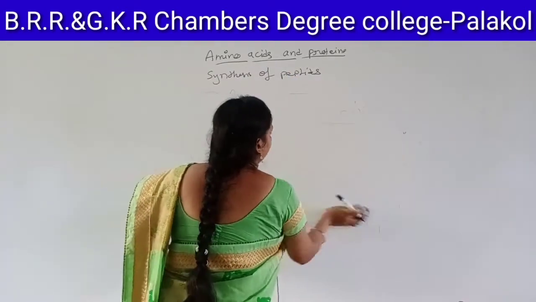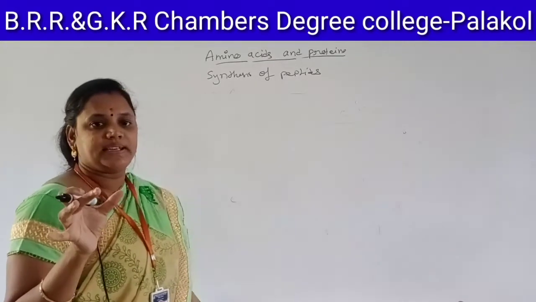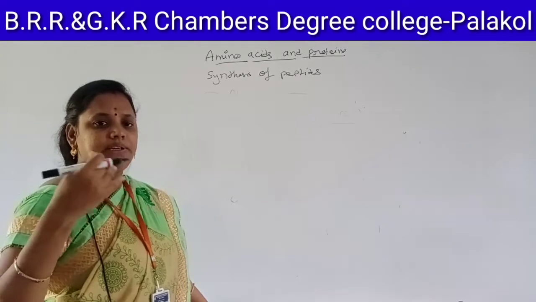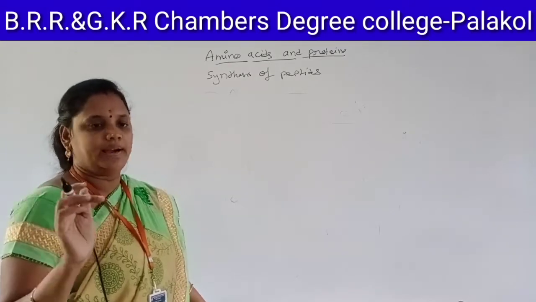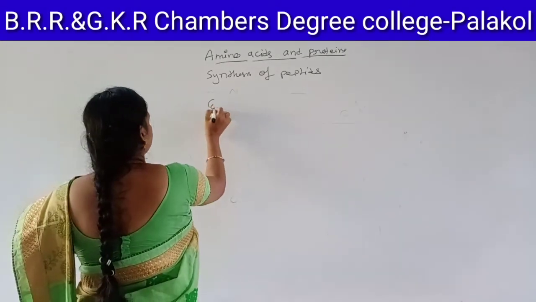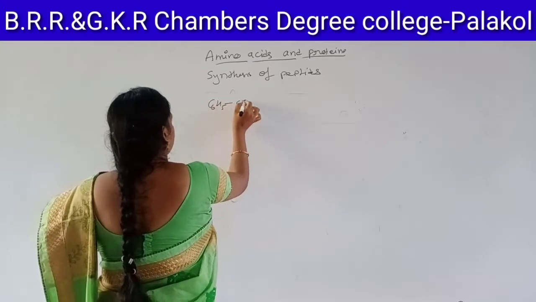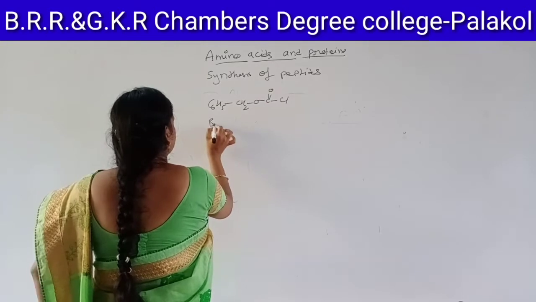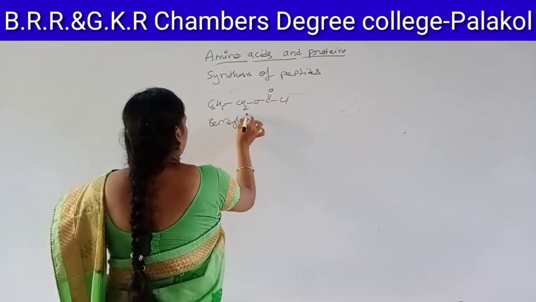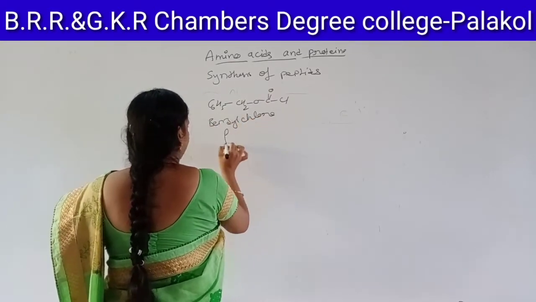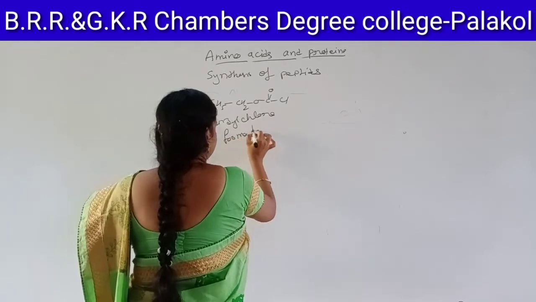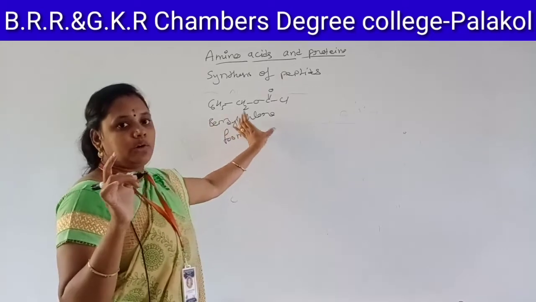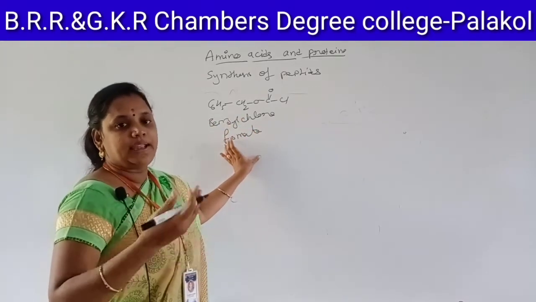Here students, for example, I am synthesizing a dipeptide of glycine. I am adding glycine to another glycine. How I should add? See here, C6H5CH2OC double bond OCl is benzyl chloroformate. Okay, for synthesis of peptides in the first step, we have to add benzyl chloroformate to the amino acid